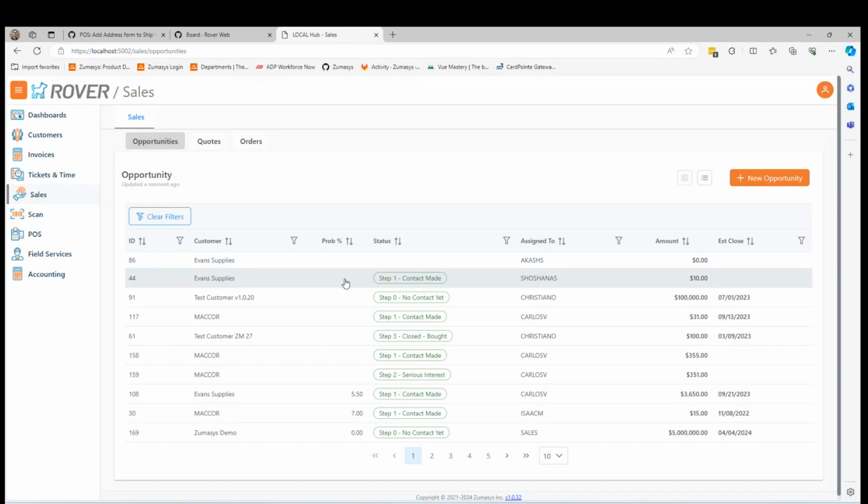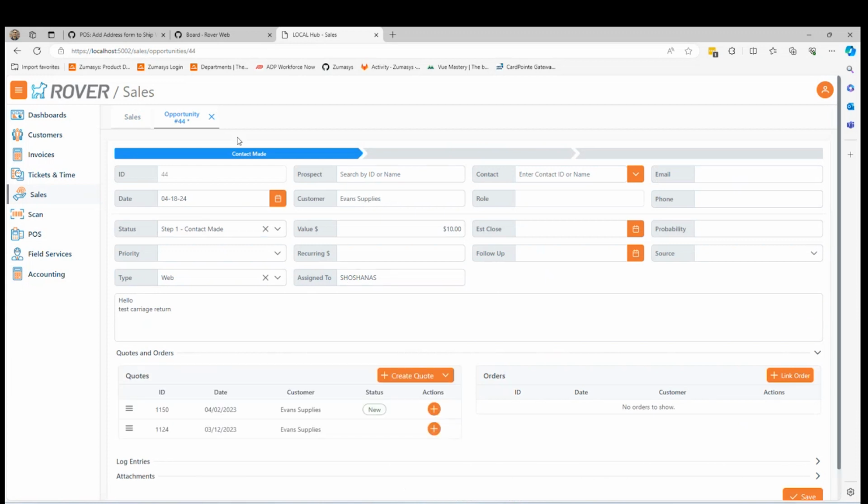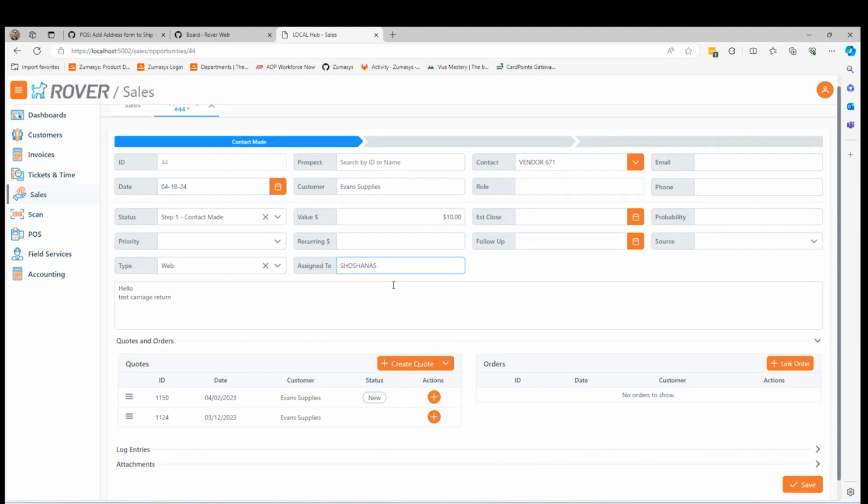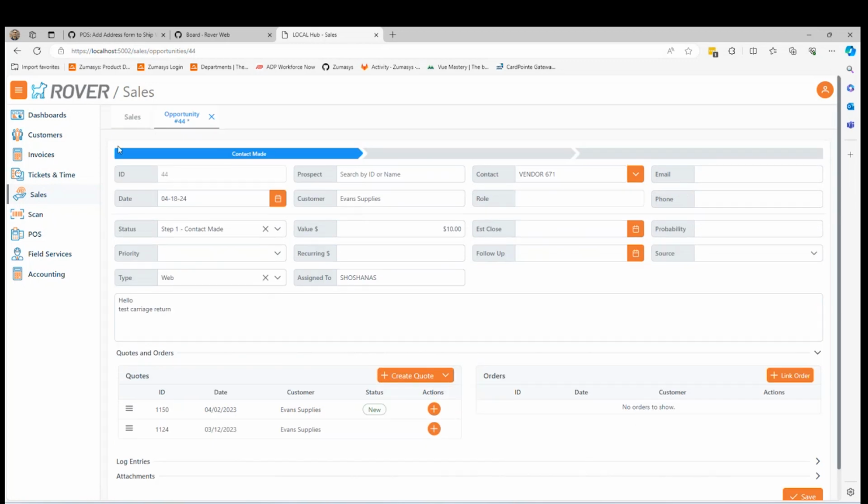start using. What I have here is some enhancements we've made to the opportunities section of the sales module. And this was pretty much feedback that I worked through with Corey and Bill. So we cleaned up the layout a little bit, changed a little bit of the labeling to make it make a little bit more sense. And the most noticeable thing you can see up here is the progress bar, which I'll go over in a